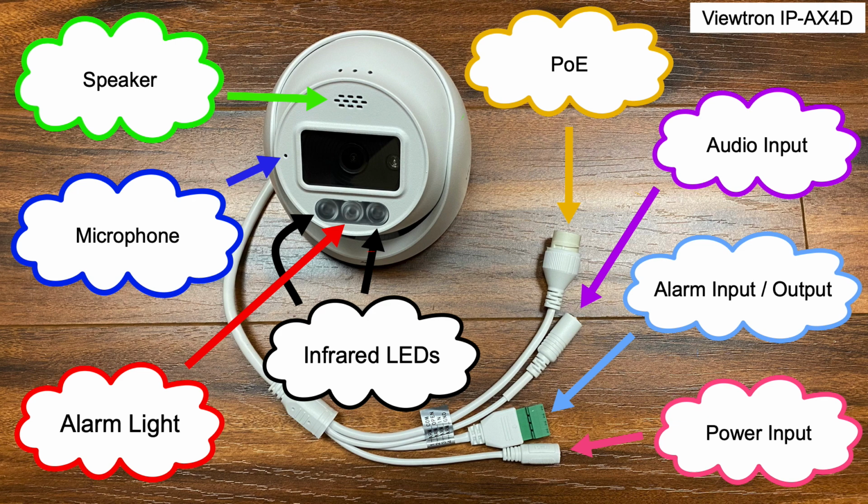There's also alarm inputs and outputs. So you can use the alarm input, for example, to connect a magnetic door sensor or an external passive infrared motion detector as an input that can also trigger the alarms on this camera. The alarm output can trigger external devices such as an external siren or an external light. And last, there's a power input, which is rarely used because, again, this is PoE, but there are some cases where you need to power this camera via 12 volt DC if you can't use PoE for some reason.